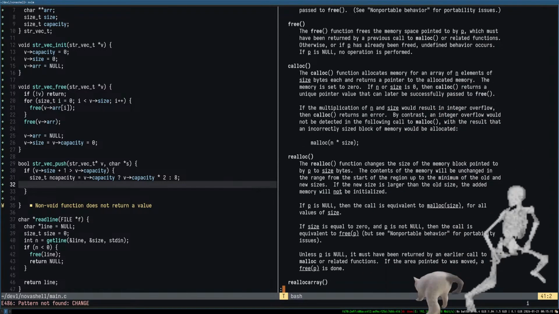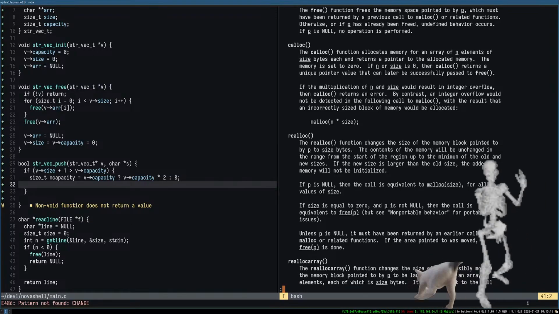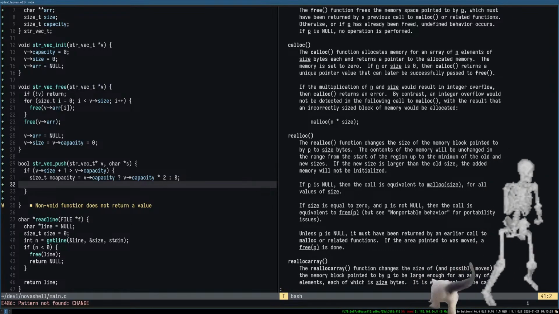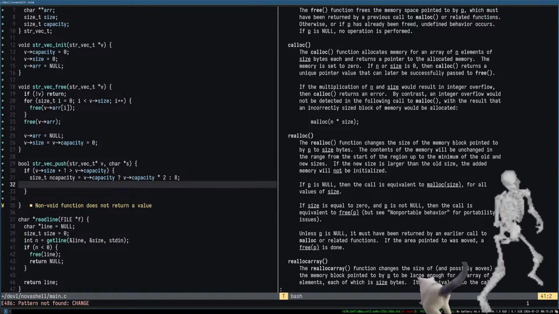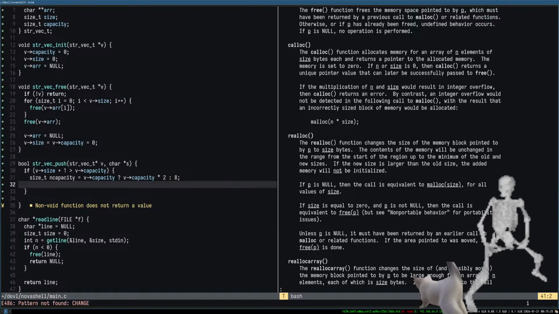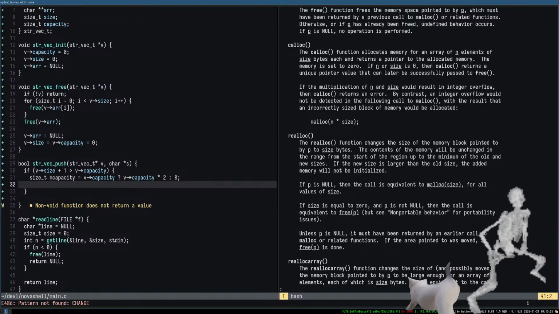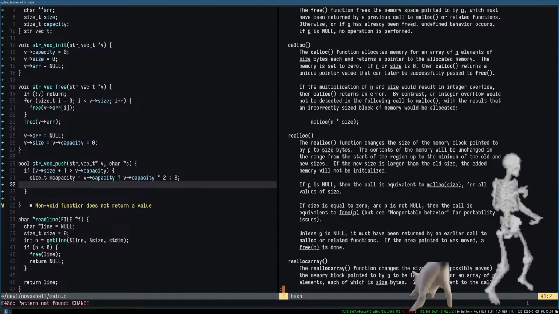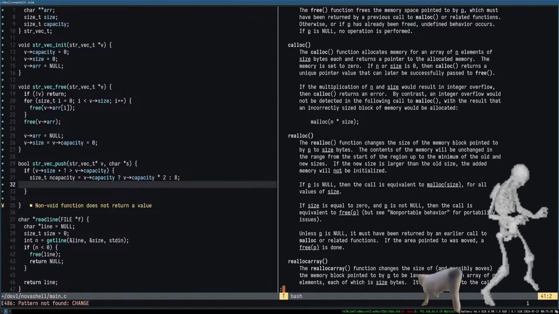Realloc. The realloc function changes the size of the memory block pointed to by ptr to size bytes. The content of the memory will be unchanged in the range from the start to the minimum of the old and new sizes. If the new size is larger than the old size, the added memory will not be initialized. If p is null,